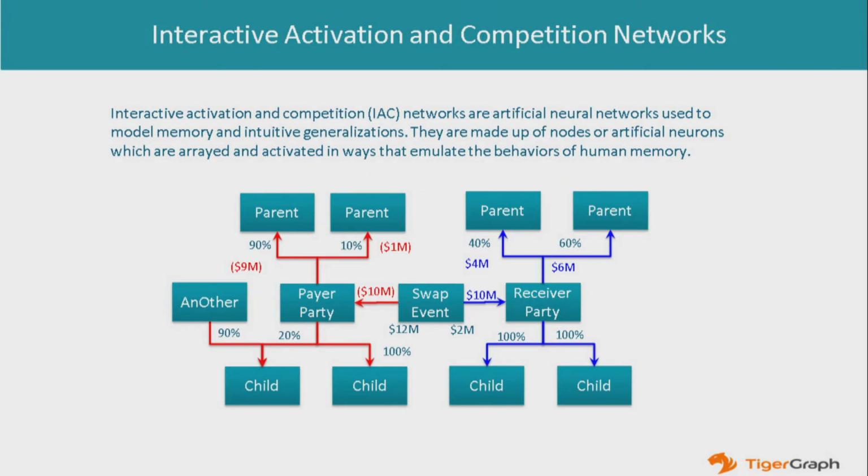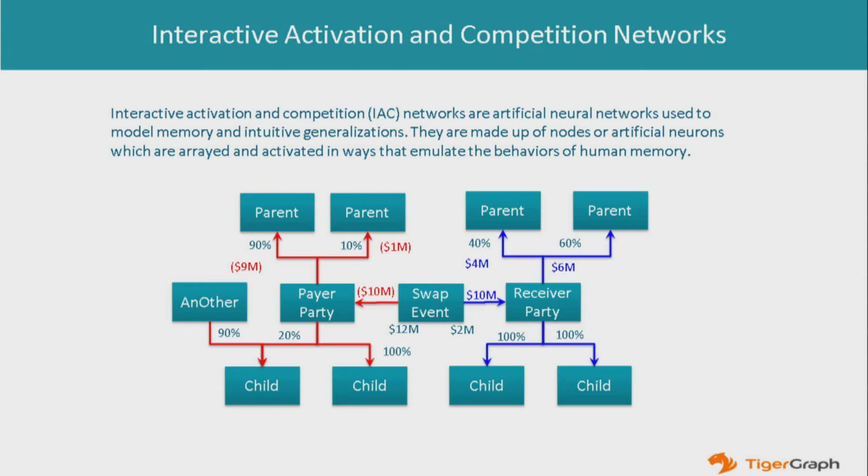Finally, the IAC network. What I realized when I first started working with these IAC networks is that they were very much like PageRank, except for two things. One is they involved apportionment and weights, and they didn't move links. They moved some currency, whether that currency be the number of attacks in the network or the actual amount being transferred. So for example, if I was doing cost analysis on enterprise transactions, the currency that you're moving is the costs and then also the payments you're receiving through that network.